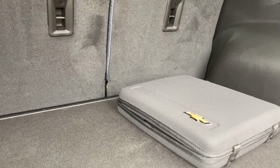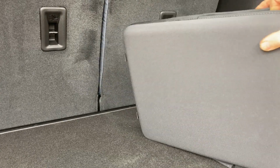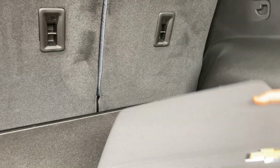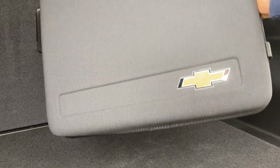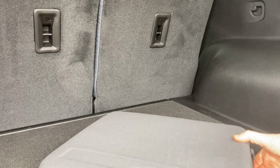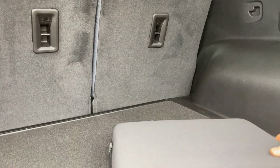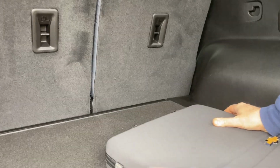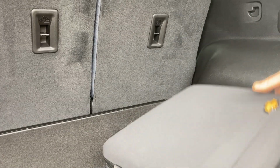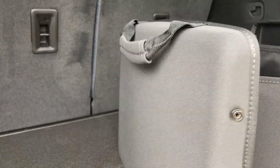But what do we have here? What the heck is this thing? Is this for me? Yeah, look, a little briefcase that Chevrolet left. Oh no, actually this is kind of neat. What we do is we pull out the buttons on these sides here, and we open her up, and you know what this is? It's an accordion for your musical needs. No, it's,